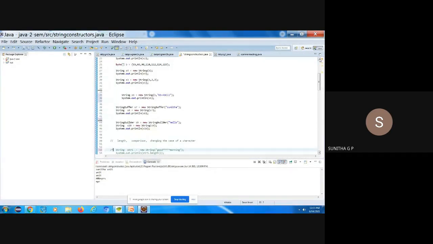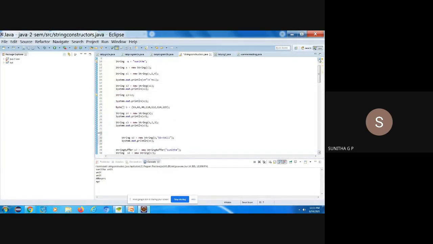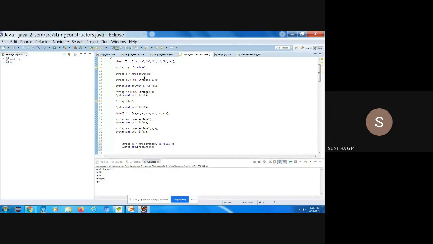Okay, so when the question is constructor usage, how should the answer be written? Whenever we have taken this, whatever the syntax I have given in the slide, that you have to write, and the explanation. Then as an example for those two, you have to give this. This is line number 10, line number 12, and line number 14 as an example you have to write. Okay, no need to print anything else. So whenever you are writing string constructors, you take the syntax of the first type and a respective example,